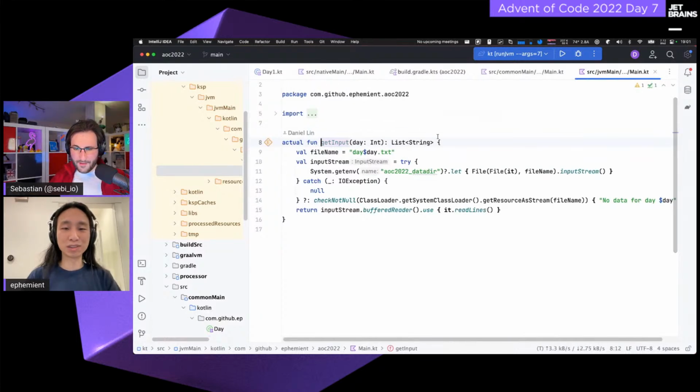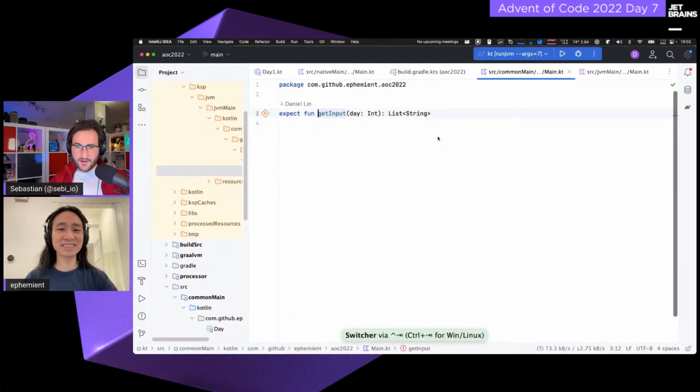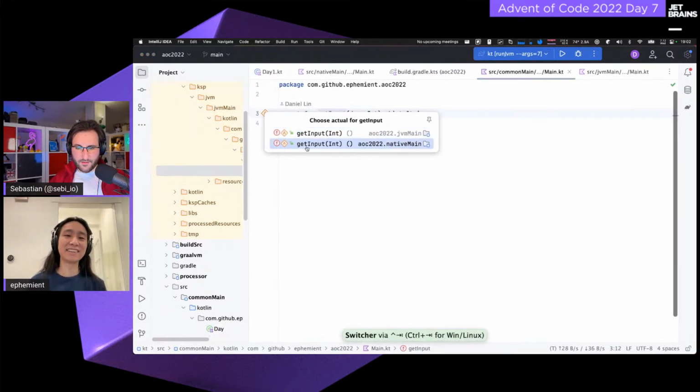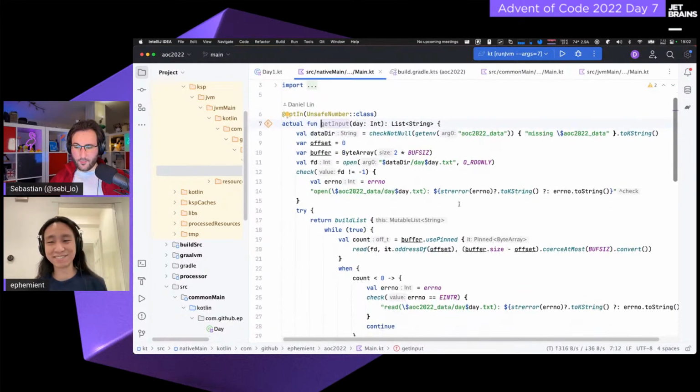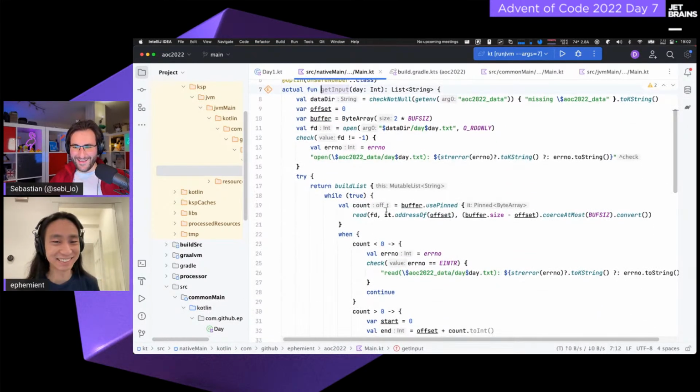Yep, which is going to try to load it from a directory if an environment variable is present. Otherwise, it'll load from resources. I set up the Gradle build script to dump them into resources as well. So in theory, the jar that gets built by this is portable and runs on its own. Oh, that's nice. That's elegant. And then the other one is the native one. Native doesn't really have resources, so this is using...